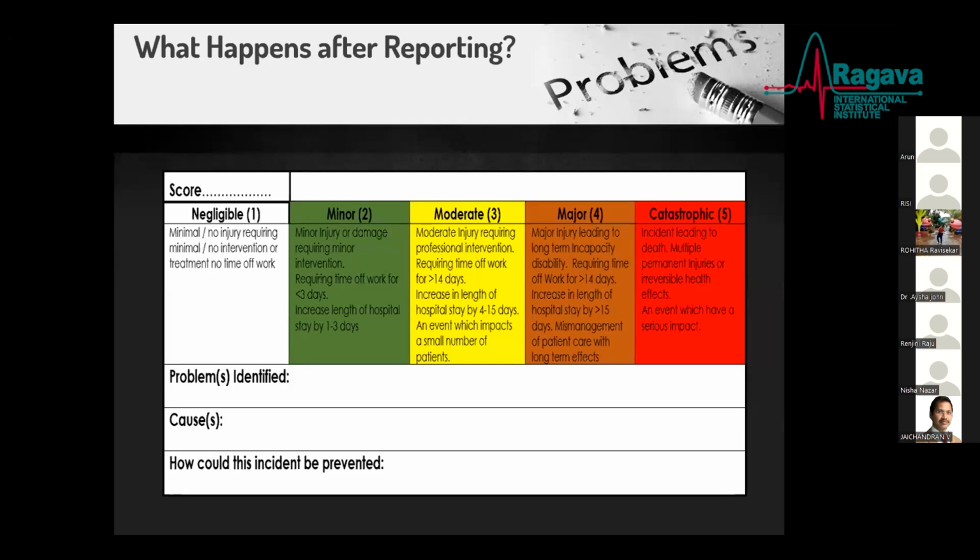Then you give the score for probability. Probability is divided into 3 categories: high, medium, and low. These categories are also subjective. However, whenever you score for probability, you should apply it to the organization you work in. For example, the probability of committing suicide might be very low in a clinic, but it must be very high in a psychiatric hospital. So the probability depends on the organization you work in.